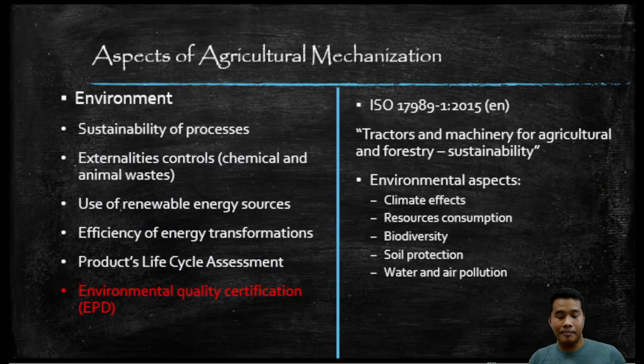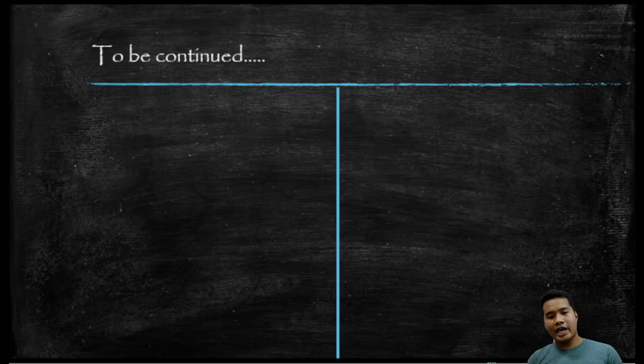The ISO 17989-1:2015, Tractors and Machinery for Agricultural and Forestry Sustainabilities. And there is an environmental aspect in terms of climate effect, resource consumption, biodiversity, soil protection, and water and air pollution. So, these are the aspects of agricultural mechanization and the sub-aspect